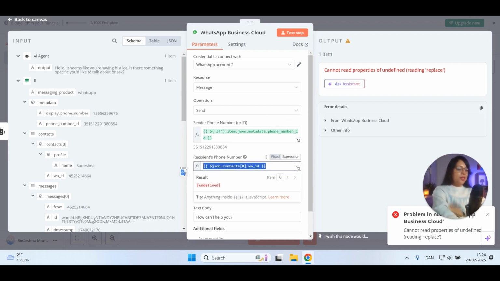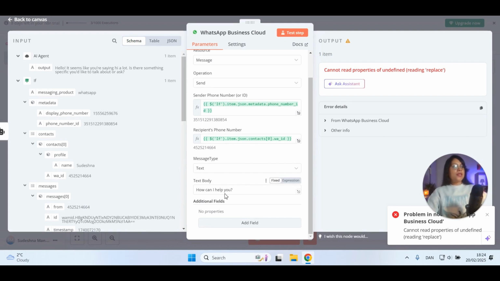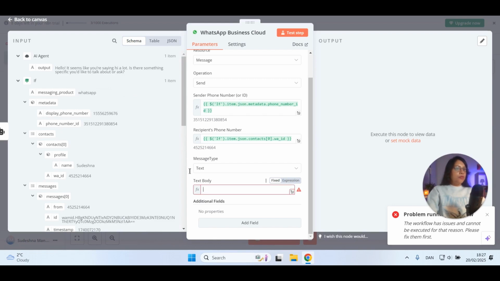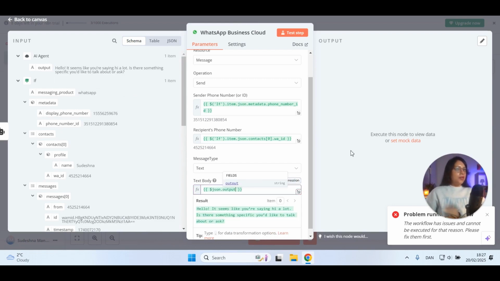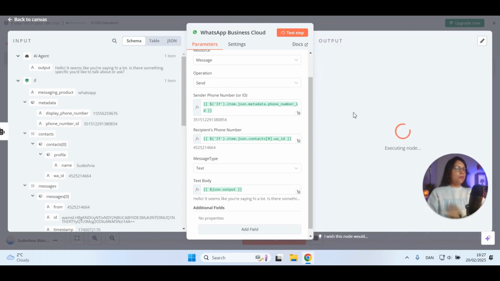And the next one, the recipient phone number, which is this one, and I grab it and put it back here, right? Message type is text, and the text body, this is not the text body. It will be this output, because we got the output from the AI agent, right? So test the step,